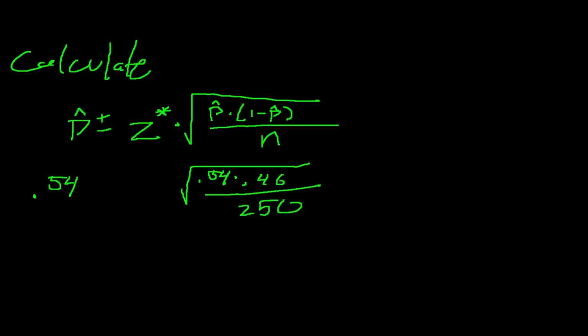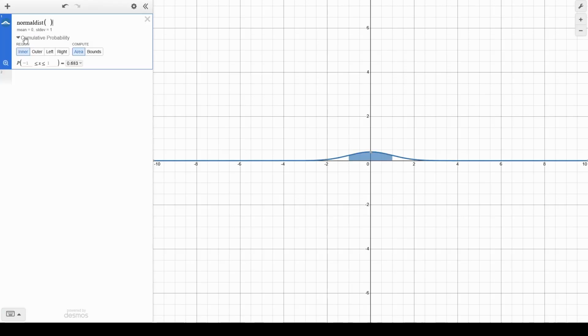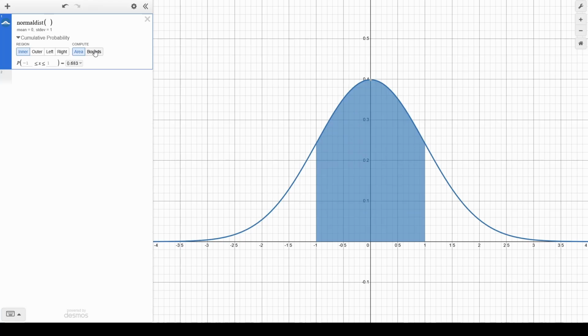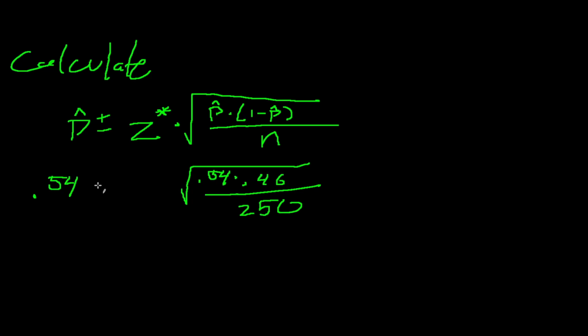So to get that, we can go over here into Desmos. We can find a normal distribution, because we found with the large counts that the sampling distribution is normal. Click on bounds. We are going to want to find a 95% confidence interval. So in here, we'll type 0.95 to find 95%, and our z star is going to be this number here, 1.96. So if we go back over, we can do plus or minus